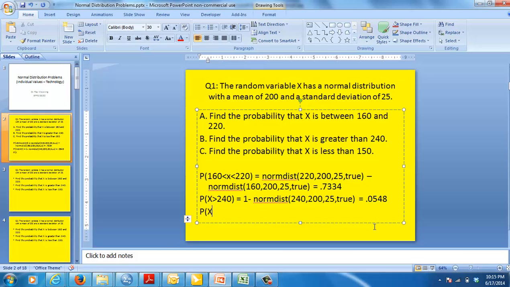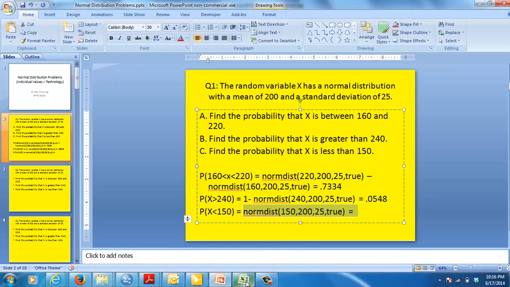Probability of x less than 150. I don't need the 1 minus. Excuse me, NORM.DIST. I have 150 here, I have 200 here, I have 25 here, I have true equals something. Okay, so I'll take this,